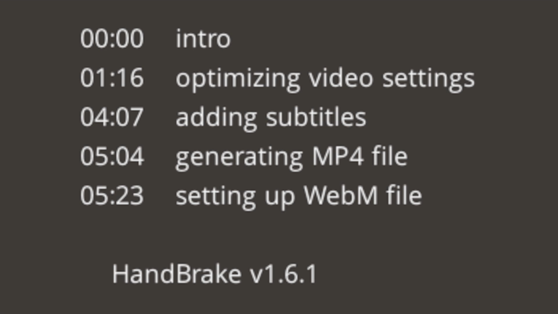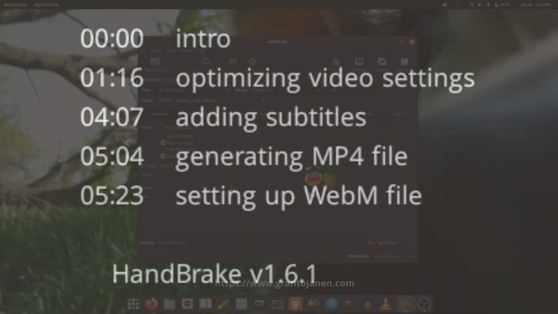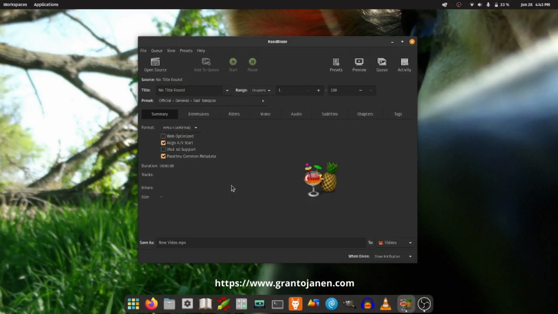When I say optimize for the web, I mean have it take up as little hard drive space as possible so it's quicker to download for the user, and at the same time has high quality video. I'll show you how to make an MP4 file, and I'll also go over making a WebM file. On top of that, I'll show you how to add subtitles in 2 different languages on MP4 files.